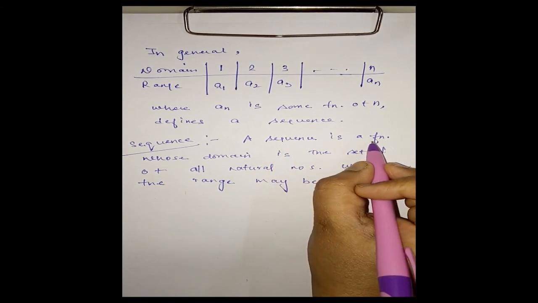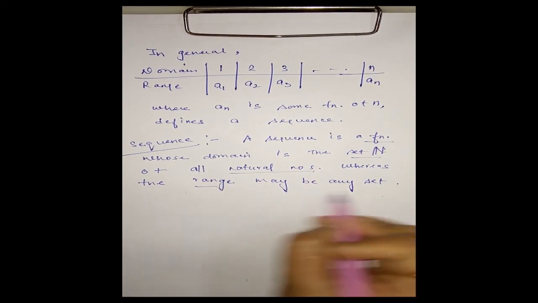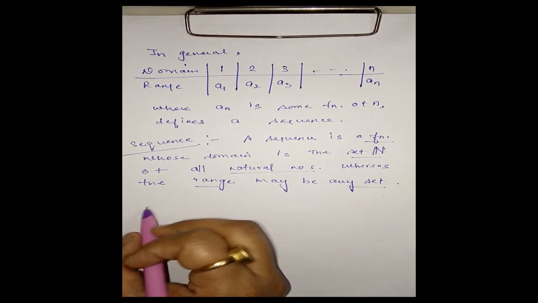A sequence is nothing but a function whose domain is the set N of natural numbers and range may be any set. And in case we have a real sequence,